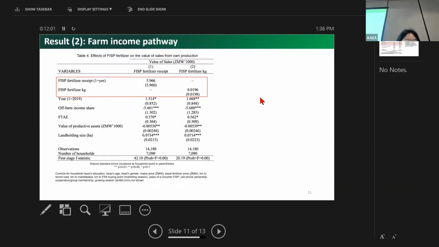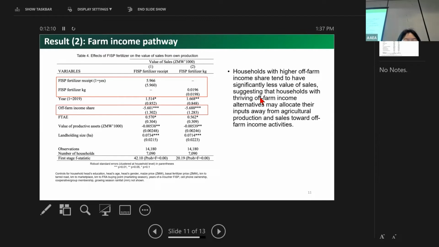And second, we found that FISP fertilizer had no effect on the value of sales that constitute farm income. However, one thing to note is that we have off-farm income share, which is the ratio of income earned from off-farm activities to the total income. And we find that households with higher off-farm income share tend to have significantly less value of sales from farm activities. So this might suggest that households who have many off-farm income opportunities, like they're living near big towns, so they might be allocating their resources away from doing farming and selling the agricultural products toward other off-farm income